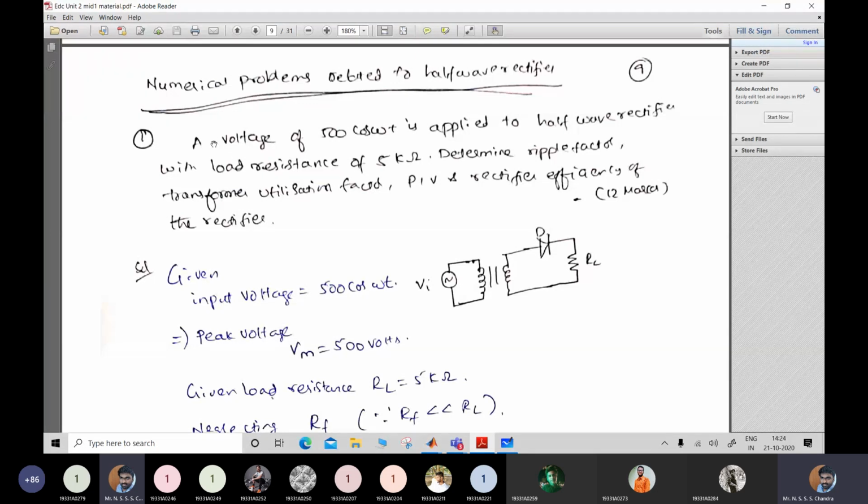So what is the ripple factor you are getting for this rectifier? Even without keeping your pen, can you determine the ripple factor? 1.21. Okay, however, if the question is given for an essay answer, let us say a 7 marks answer, you need to derive it. We cannot directly write the formula. You can mention the formula, but better always draw some waveforms, do the integration and then write the answer. But for objective, you can directly use the formula and write.